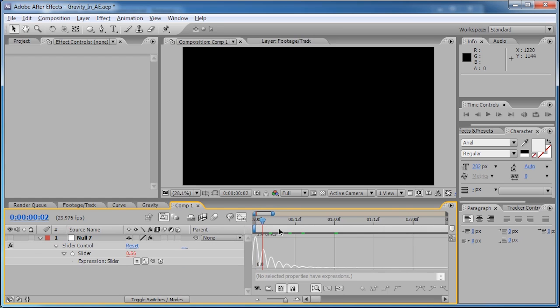So now what we want to do is take what we have here and apply it to a text layer, or whatever layer you're using. And we'll add some controls to make it more user-friendly, and we'll add a little bit of a script, because if we zoom in here,